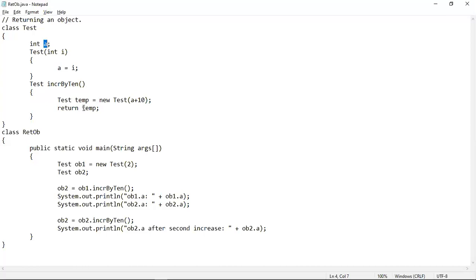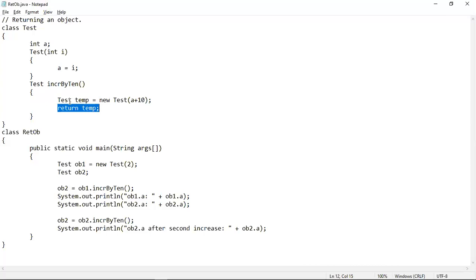Now we return temp by writing a normal return statement. Normally when we return from a method, we use the return statement. If a method returns an integer value, then we use the return statement before the integer variable name. Say, for example, if the variable name is a, then the return statement would be return a.